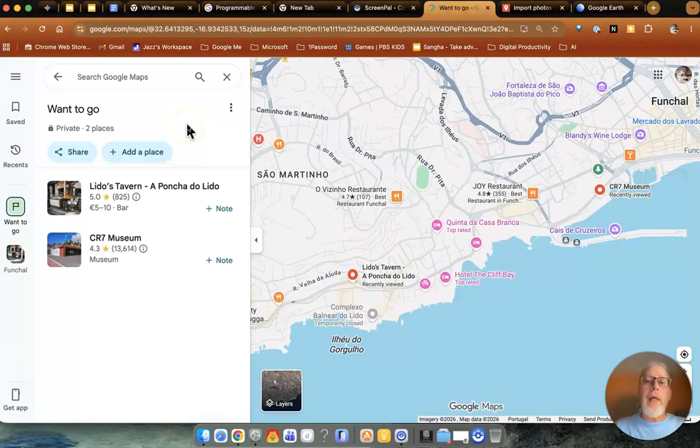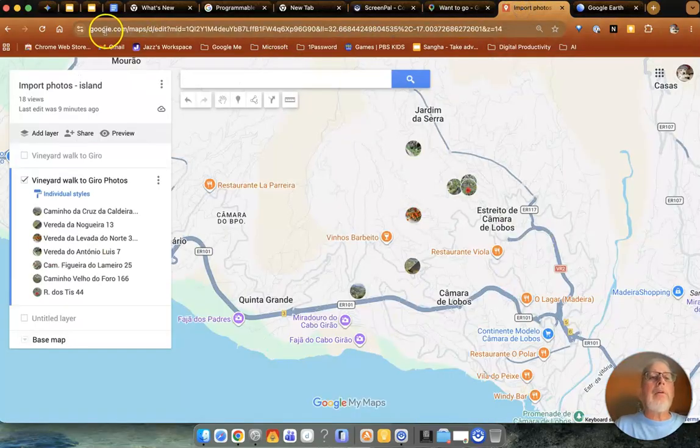The problem with that is I'm basically using information that's stored in Google Maps. But if I want my own information and stuff, I need to go and create my own maps. And the easiest way to do that is using Google's MyMaps. So to get there, it's going to be google.com/mymaps. Forget about what it shows up there, but google.com/mymaps will bring you to a location that you can build